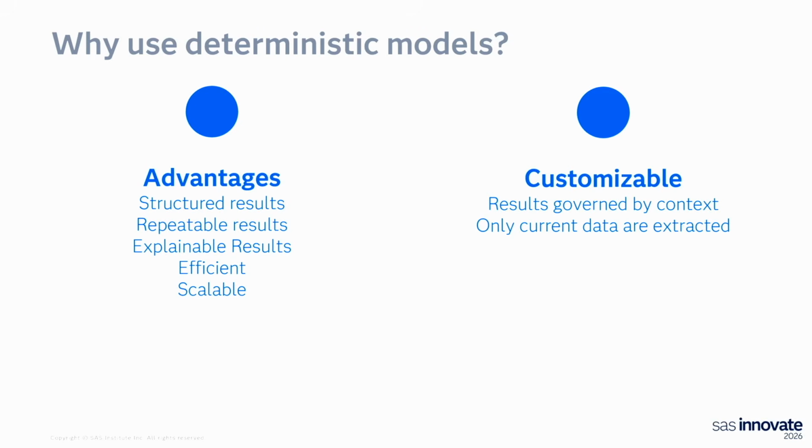And by that, I mean we can govern the response of the model based on the context in which the target's found. So an example is we're only interested in extracting current data. And by that, I mean if we are targeting a procedure, say an imaging study like an MRI, we don't want to extract mention of an MRI as an appointment that's been scheduled 2 weeks after discharge that's described in a discharge summary. We only want to extract procedures that have actually happened to the patient. So using this type of model gives us the ability to actually dial that sort of thing in and make sure we're only getting the output that we want.